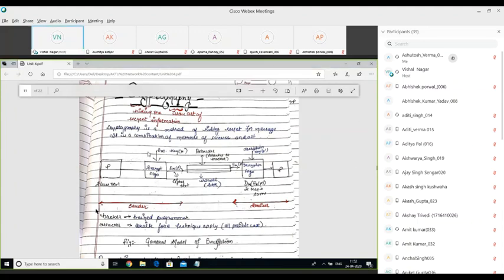So this is the model of cryptography system. How does it look like? Let's say we have a plain text P, the original content that we want to send to host B. On the sending end, this is the part of the sender. So we are using one encryption algorithm. Encryption algorithm means an algorithm which has some steps to convert a plain text into secure data. Secure data is normally termed as ciphertext in cryptography.